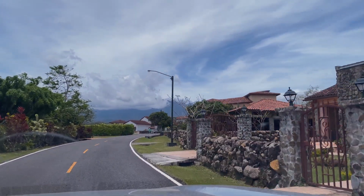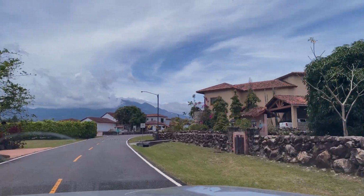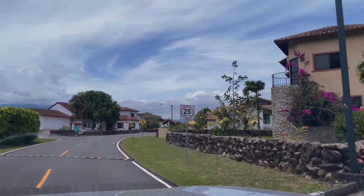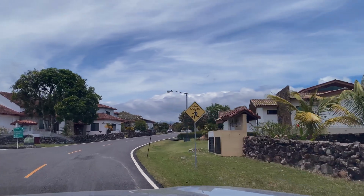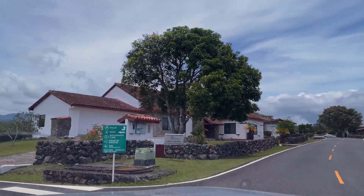Yeah, this is a great little community. I like it. This is neat. And then you've got a nice, normal community. You're not in the cold. I mean, it's cool now, but you're halfway down the mountain. Probably from David to here is not that much. Same thing. Probably not that much